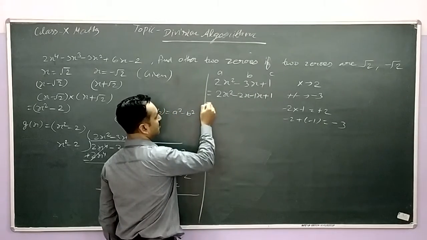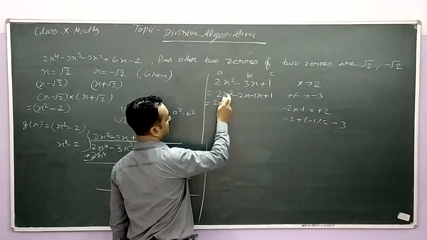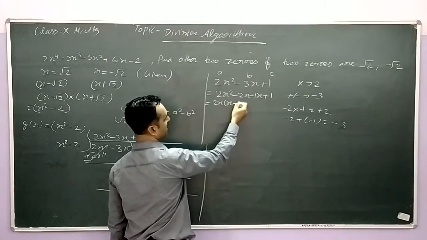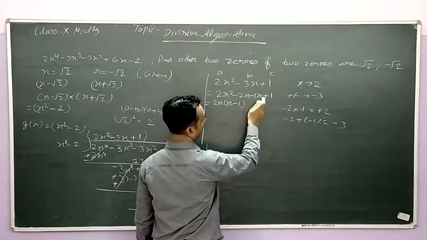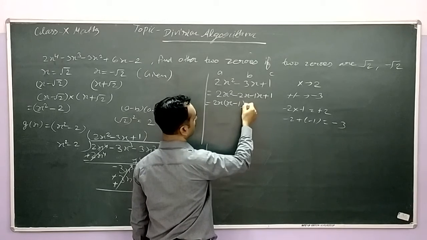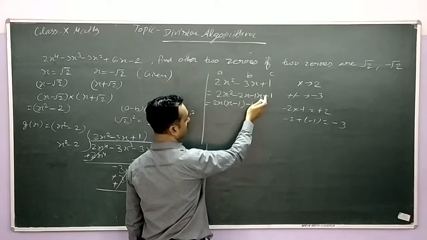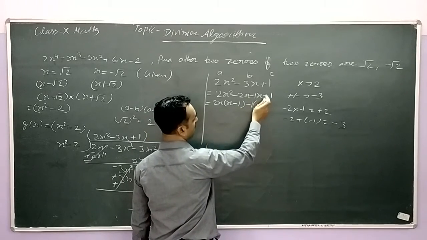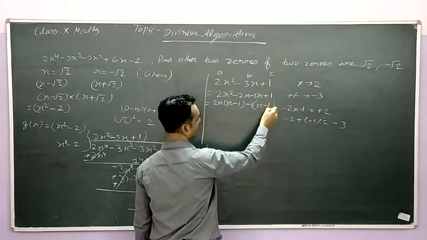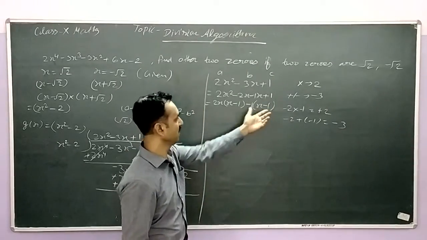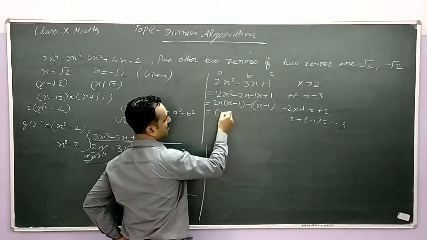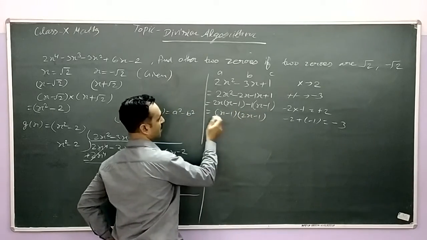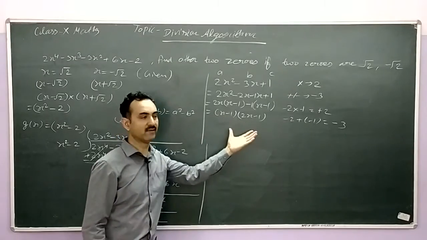Okay. So 2x common here, then it will remain x. And here minus 2x common, it means here 1. Here what will you take? Minus 1 common. Because you want to change the sign here, you want to get minus 1 here. So x and minus common, so here the sign changes and x minus 1. So you can see this is the same. So again we take common x minus 1 and 2x minus 1. So x minus 1 and 2x minus 1 are the factorization.